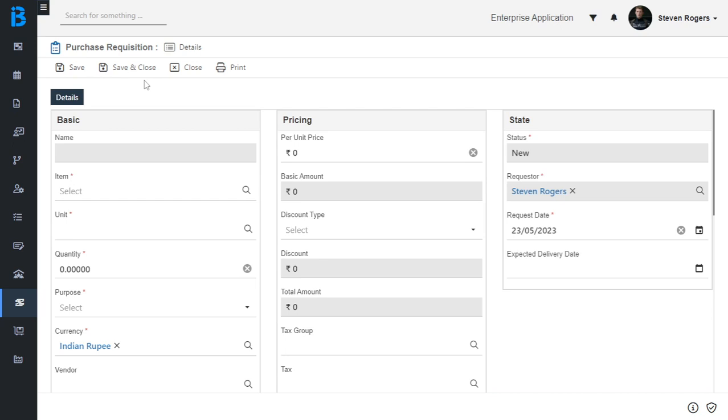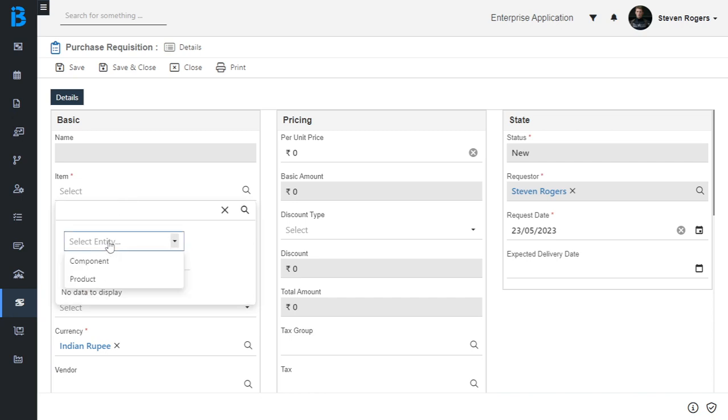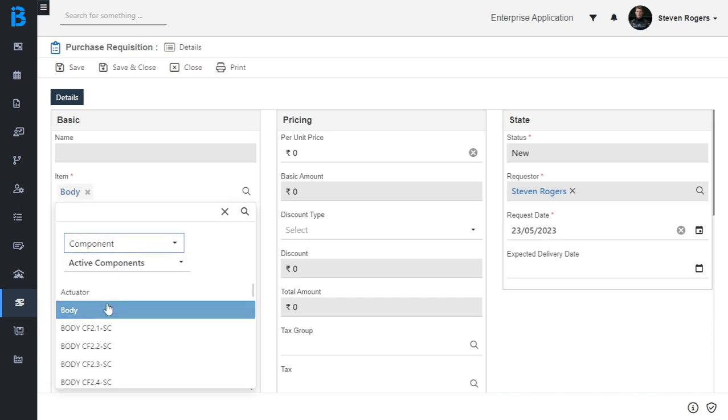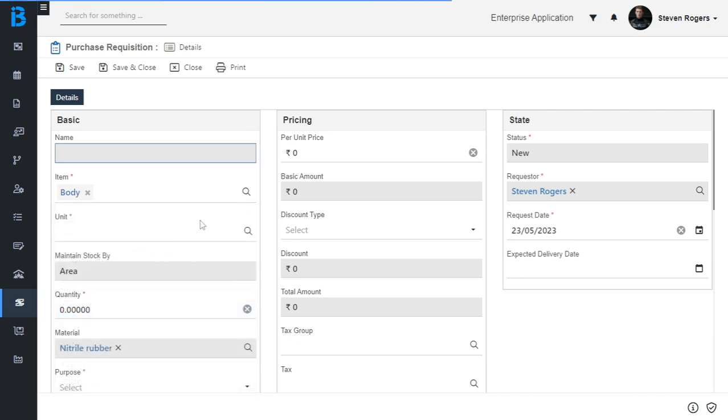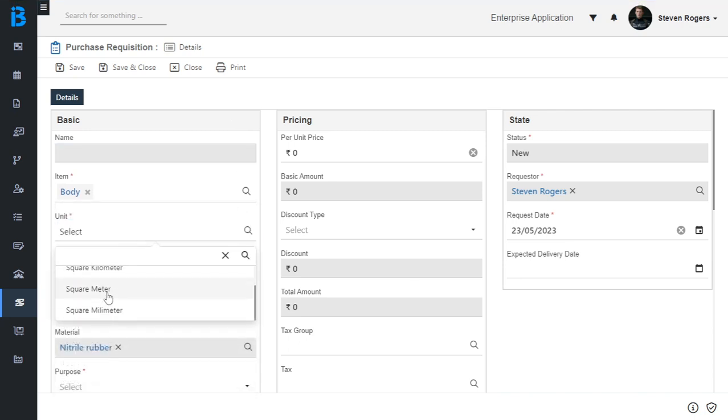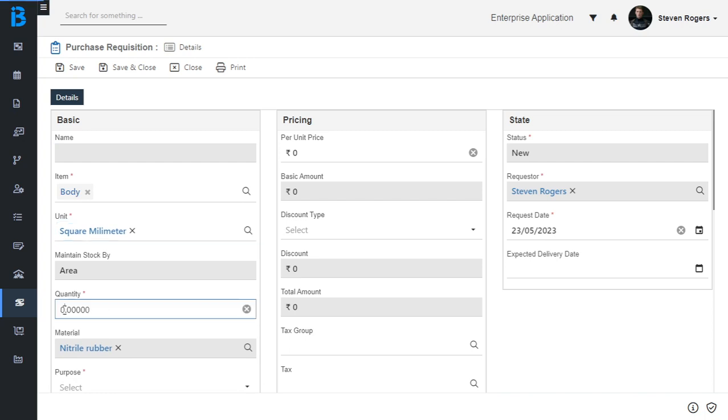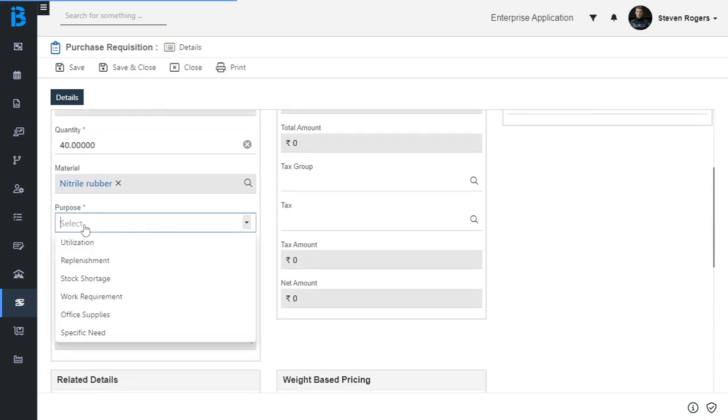Now I am going to add the details to the required and mandatory fields of this form. Now I am going to select the item, select entity. Here you can select the component or a product as an item. Select unit, add quantity, select purpose for this purchase requisition,